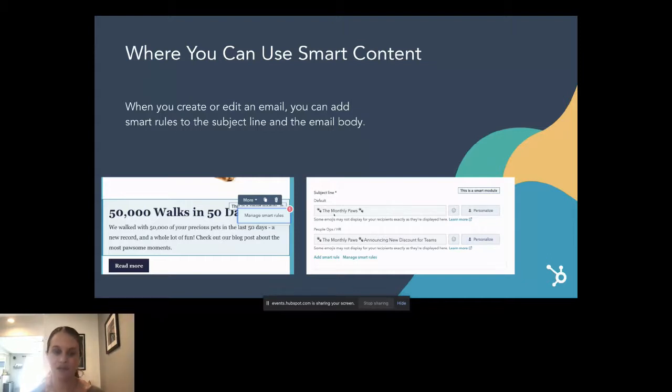And for this one, we've talked about the monthly pause, which I think is pretty funny, is the name for the newsletter. But then if people are part of the people ops HR list, we've selected that they receive something called the monthly pause, announcing new discounts for teams, which might drive engagement and drive sales for people in that area to purchase a new product that's designed for different teams.